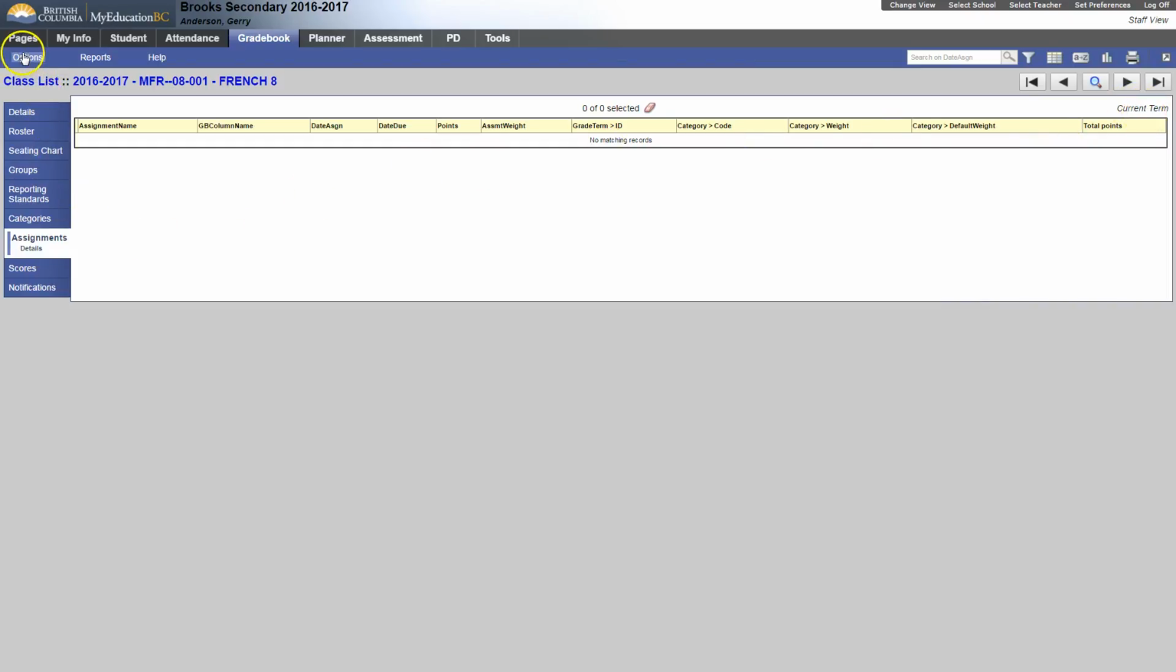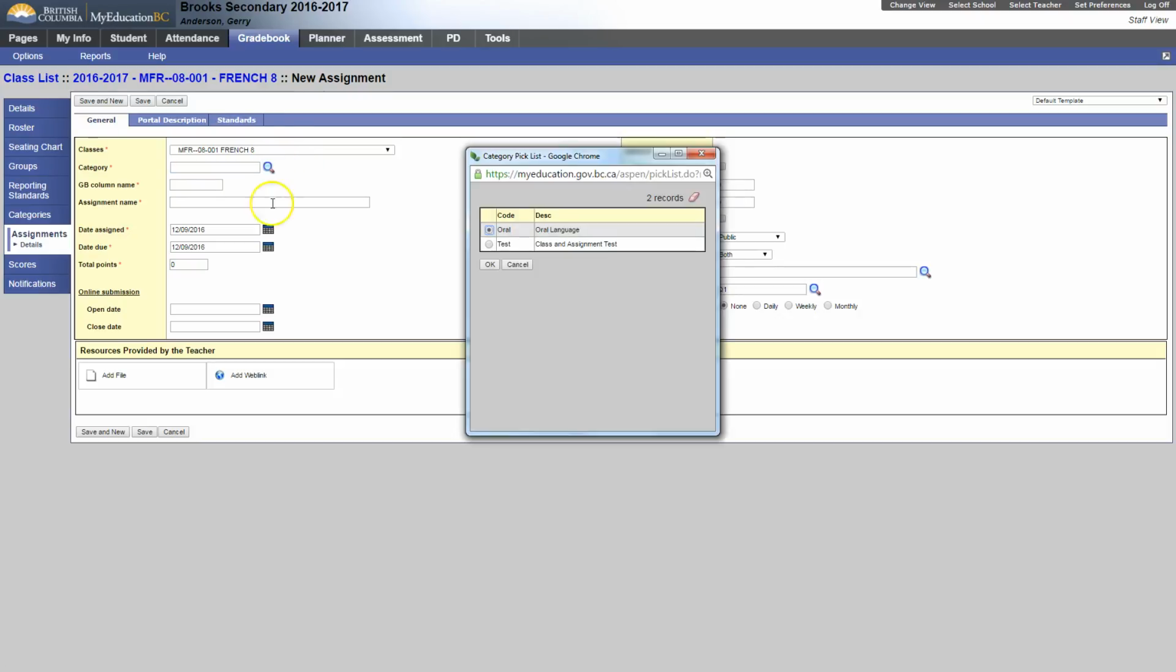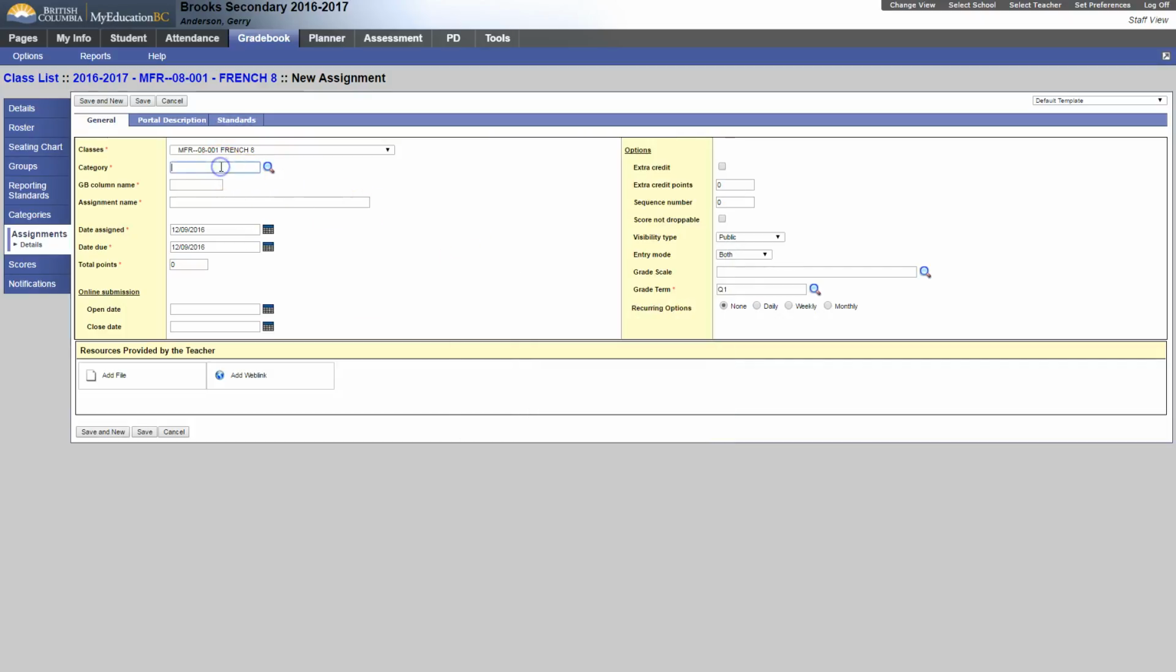So here we're going to go up to the top and we're going to say options, add assignment. You'll notice that the first thing that it goes to is under the category section. So we had added 2 categories previously. We can either click on the magnifying glass and see the codes there, or we could just type it in. So let's say this is going to be an oral assignment. So if we just type ORA, it's going to complete that one, and it's going to automatically put in the